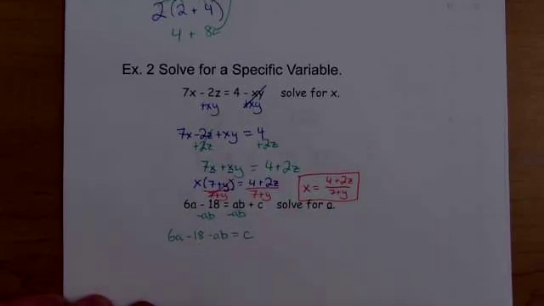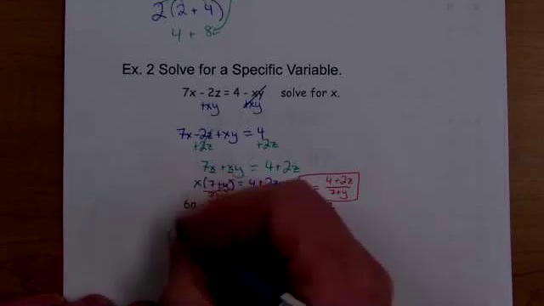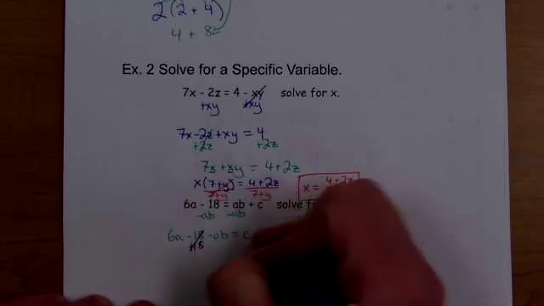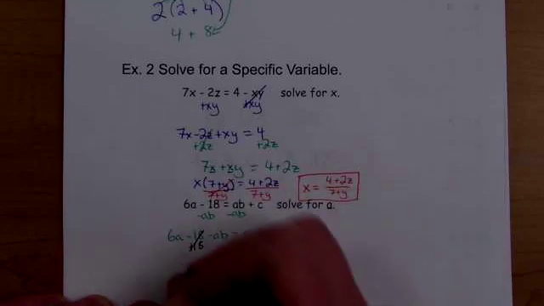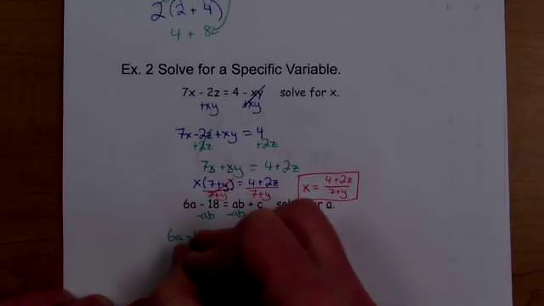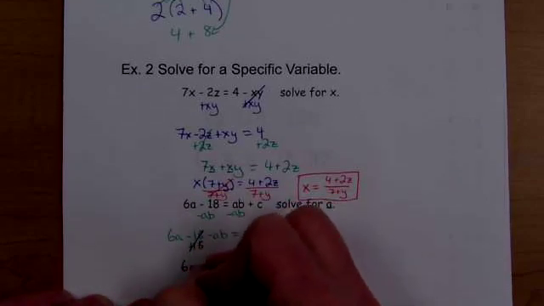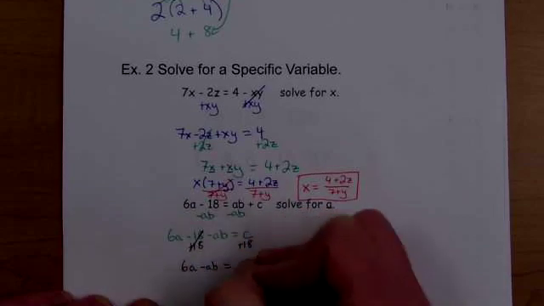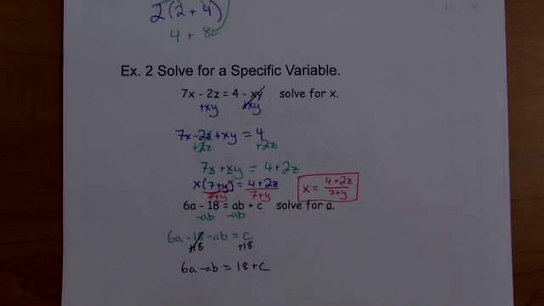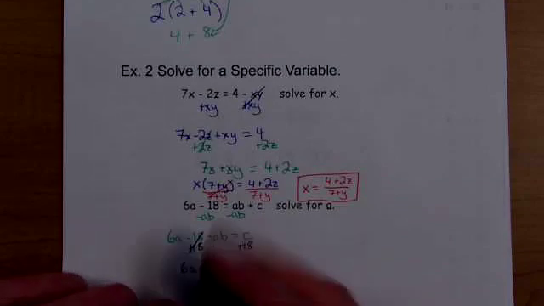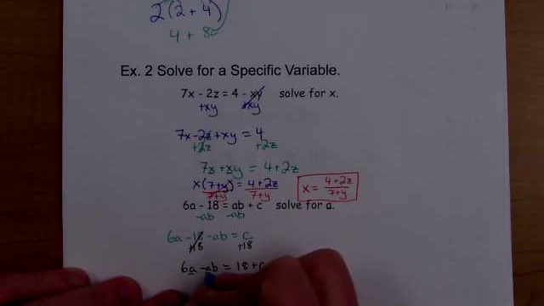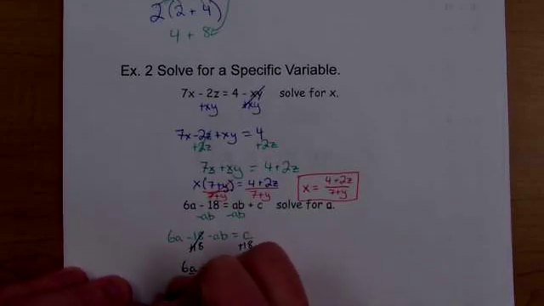Well, this 18 doesn't have an a, so we're going to move it. Add 18, add 18. 6a minus, because this minus goes here, ab equals 18 plus c. All right, because we can't combine these because this doesn't have a c. Now we go, oh, I need something with it. Oh, they both have an a. See, we have an a right here. We have an a right here. So we're going to factor out the a,